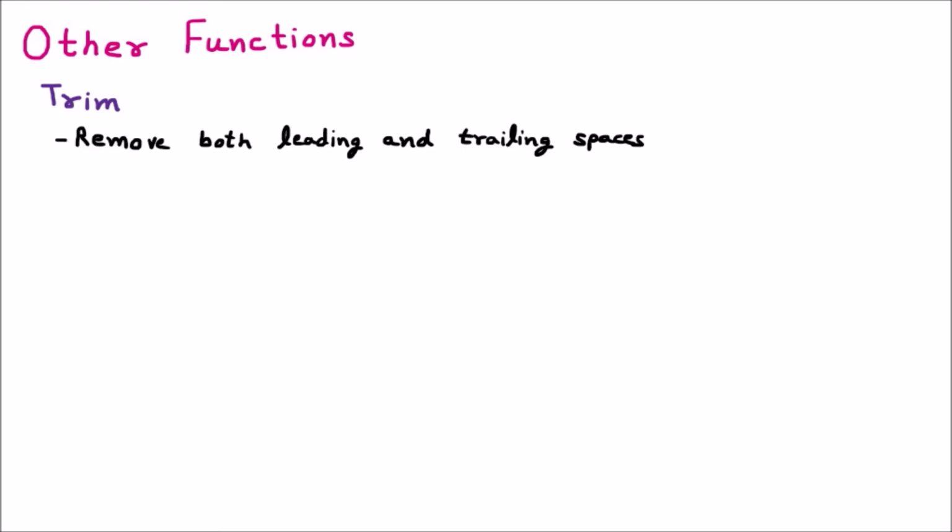Let us suppose that we are writing here trim. Now inside the bracket we are going to pass a string. In the double quotes we are giving certain space. Then afterward let us suppose that we are passing the Ankit here. Then after again we are giving certain space, then quotes end. So this is the trim function we are applying, where we are having the space before the string and after the string. Trim is going to remove both the spaces, means the space before the string it is going to remove it, and after the string it is going to remove it.